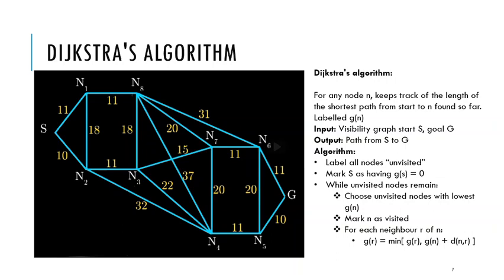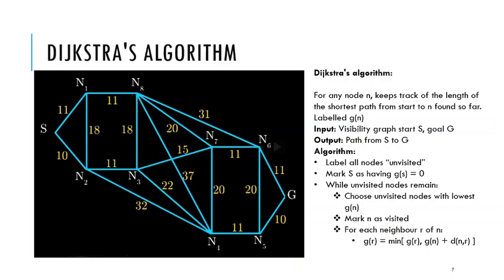A very common algorithm for finding the shortest path on a graph is called Dijkstra's algorithm, and the algorithm is right here. The way it works is that at any time you keep track of the shortest path from the start to a particular node. As you go, you always keep track of the shortest path. So as you move here, you will keep track that you have covered a distance of 11. As you go, you always keep track of these shortest paths until eventually you reach the goal. So let's see exactly how this works.